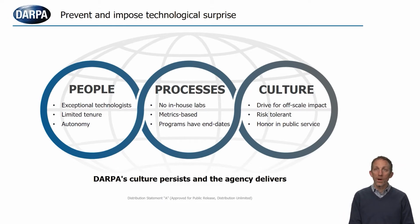To do that in a way that we believe provides the greatest opportunities for breakthrough development, we focus on specific end states and associate metrics with those program end states. That allows everyone in the program to be focused on what we believe success looks like and what would solve the problems at hand. And in this way, we believe we foster this culture that drives for off-scale impact